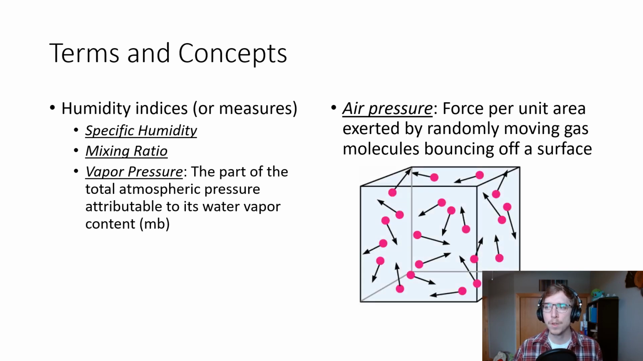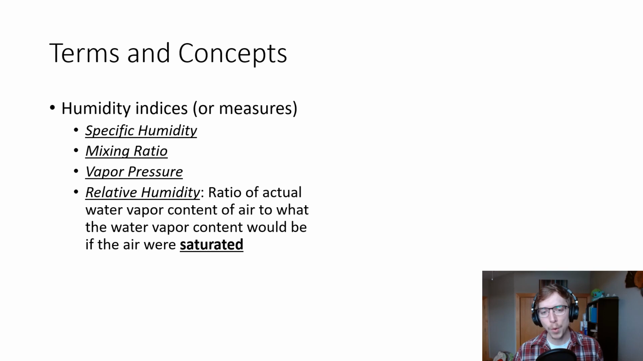Like so. So if we consider specific humidity, mixing ratio, and vapor pressure, we can consider relative humidity. That's just the ratio of actual water vapor content in the air to what the vapor content would be if the air were saturated at that given temperature. So basically, that's how we often see it expressed. It's 80% humidity. That means that the air is holding 80% of the moisture that it could hold if the air were saturated. If it got up to 100%, then you'd have saturation. Typically, we see that obviously